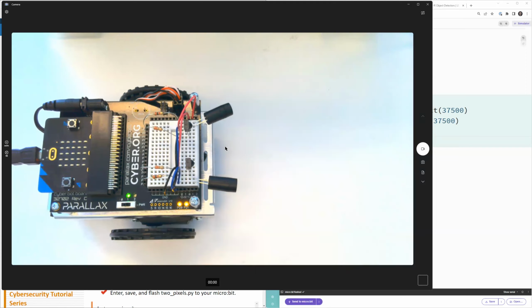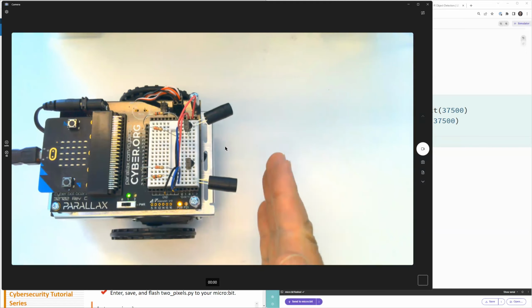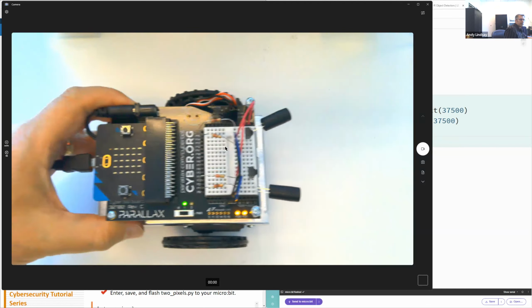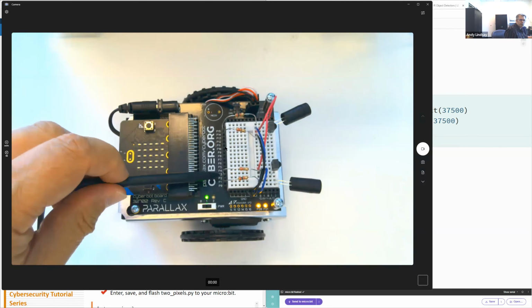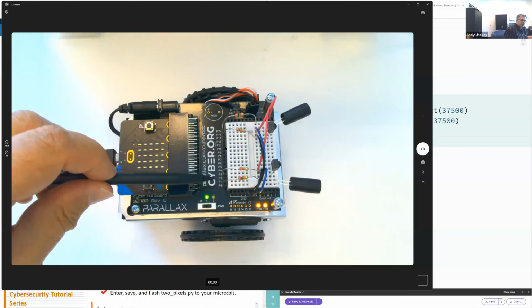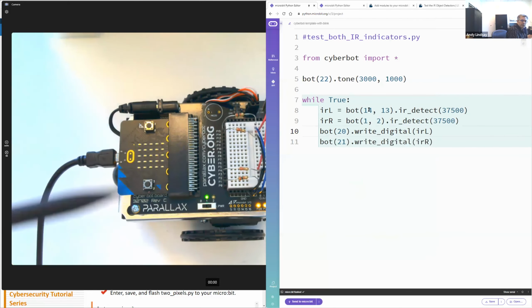Question: can you explain where the 1, 2, and the 14, 13 locators come from? Where the 1, 2, and 13. Oh, okay. So the question is, why do we have the resistors plugged into these particular pins? And the answer is that has to correspond with the script, because the script is saying, okay, microbit, send the